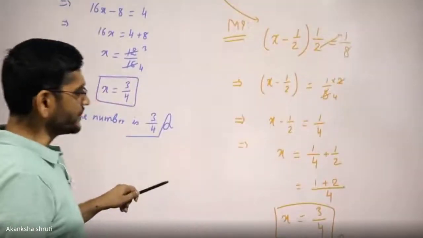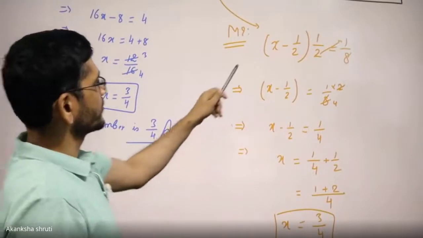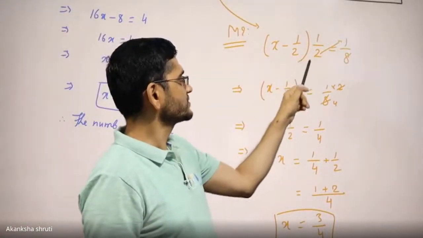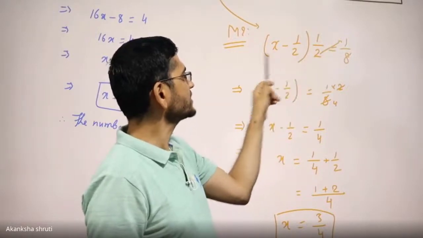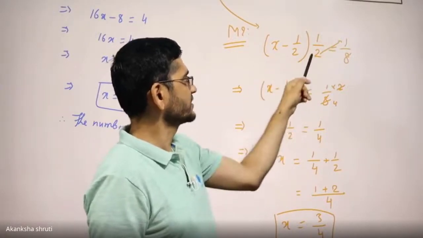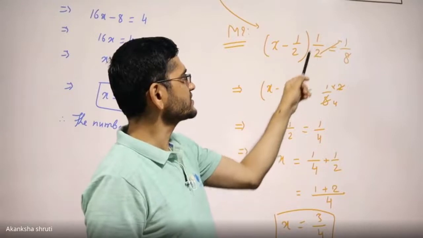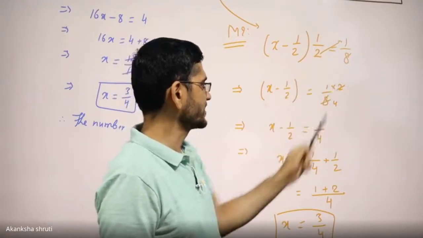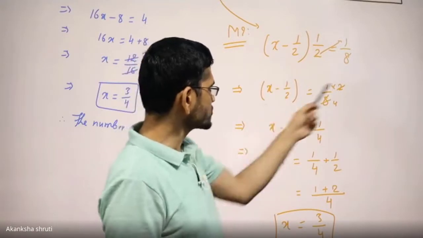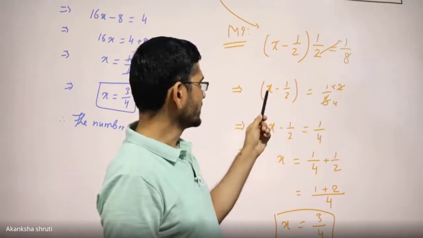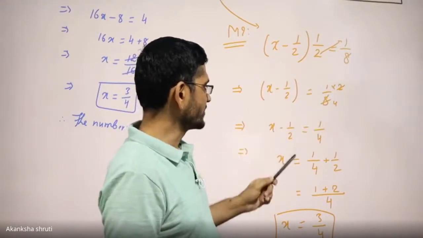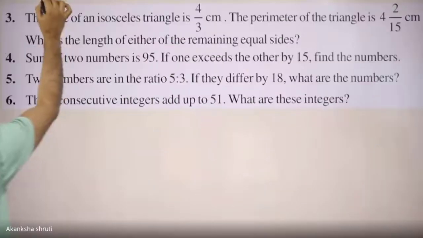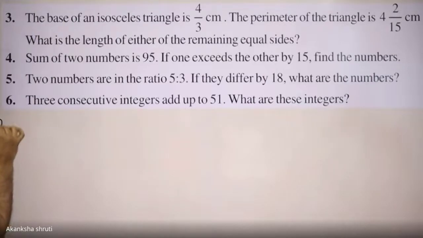So it doesn't depend on how you are following, but be careful regarding the solution. While you are sending for the cross multiplication, all things in the numerator have to be set. This 1 by 2 means this outside 2 was in the denominator of this entire term, therefore it was sent in. But you cannot send this 2 here right now, because in the denominator of x it is 1. So be careful regarding such steps. These are important. Let us consider question number 3.